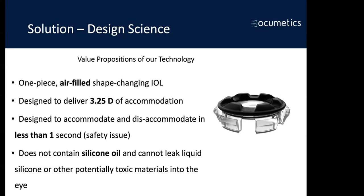And that's exactly the same thing that we're doing here with the Ocumetics lens. And here again, I'm not going to have a clinical discussion with you. I'm just going to try to simplify what it is that we're trying to do. So we're giving the patient up to 3.25 diopter worth of accommodation, and we want the eye to disaccommodate very